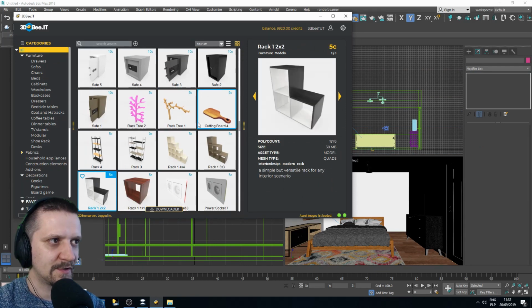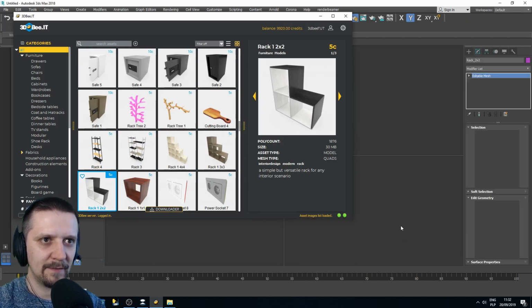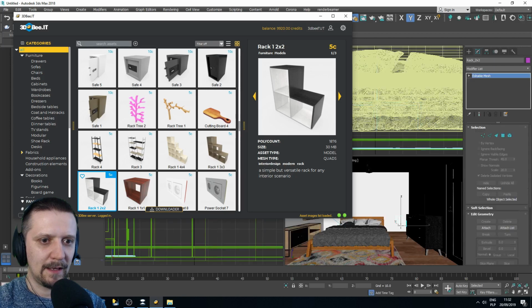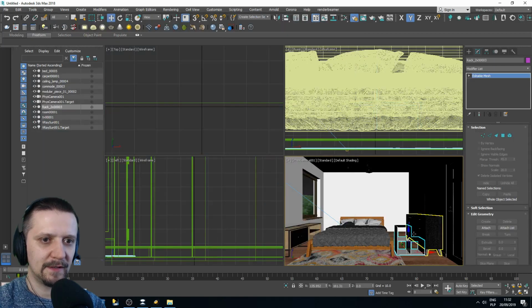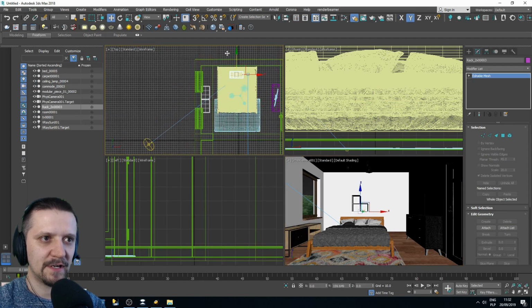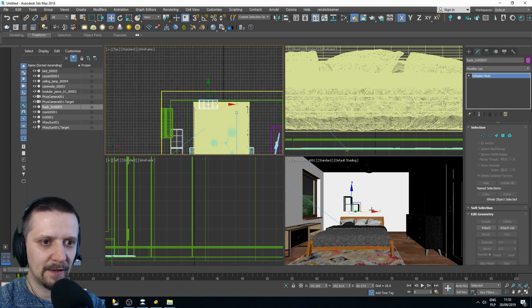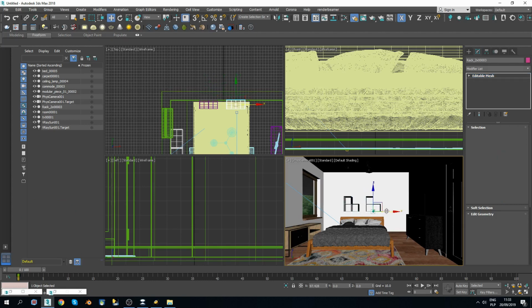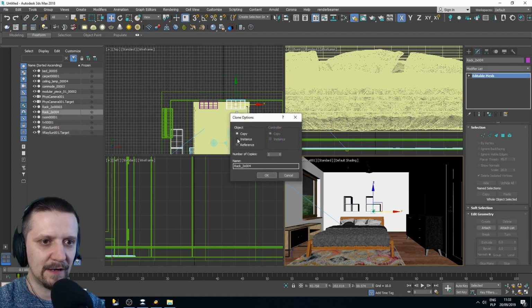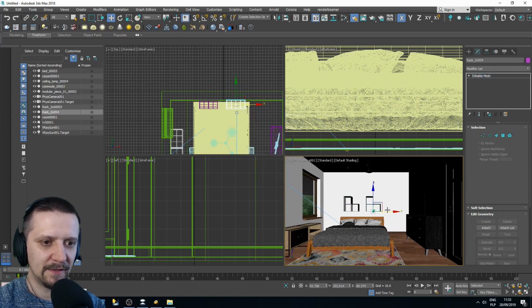Now let's search for some shelving. So there's a nice rack here with black and white colors, so I'll drag and drop this one. And I have one piece of it which I will just copy and position next to each other, so we have a nice arrangement of shelving modular units, and we can do that by holding the shift button and then dragging. And now confirm, make a copy of the object and rotate it